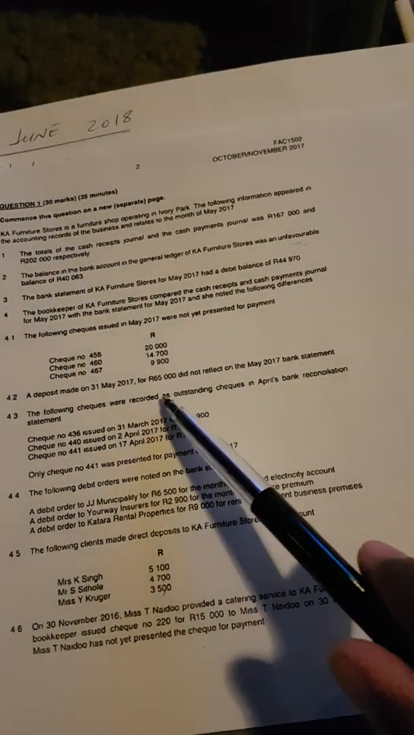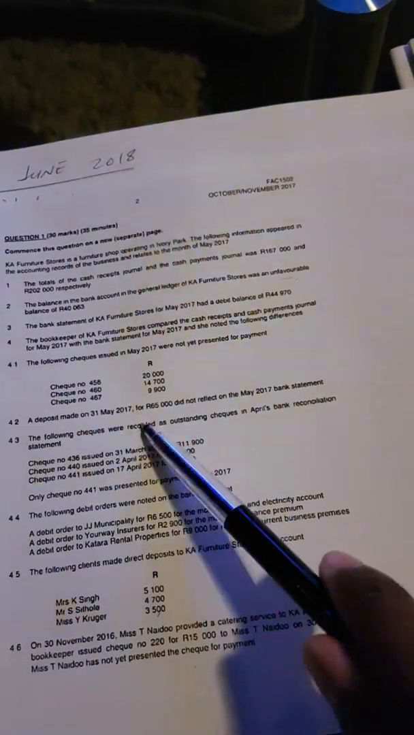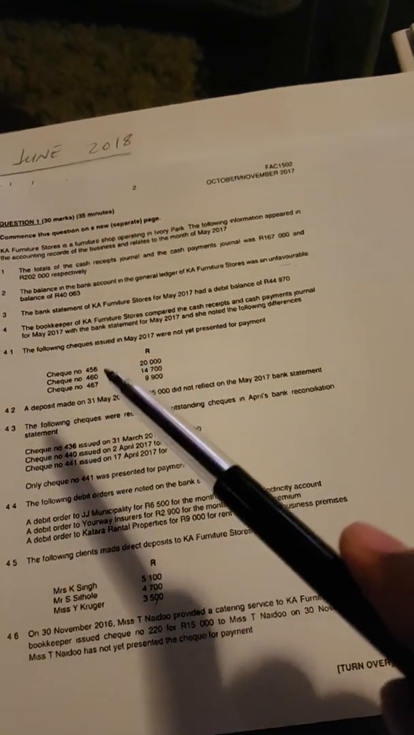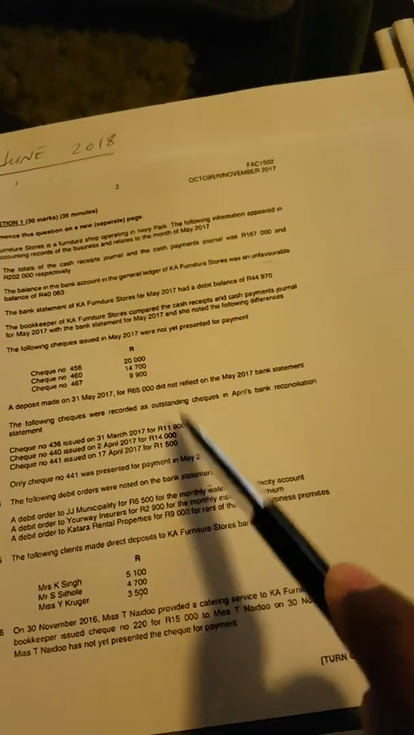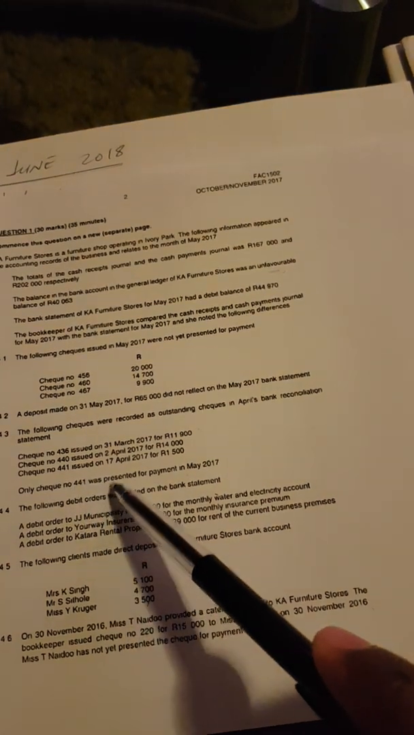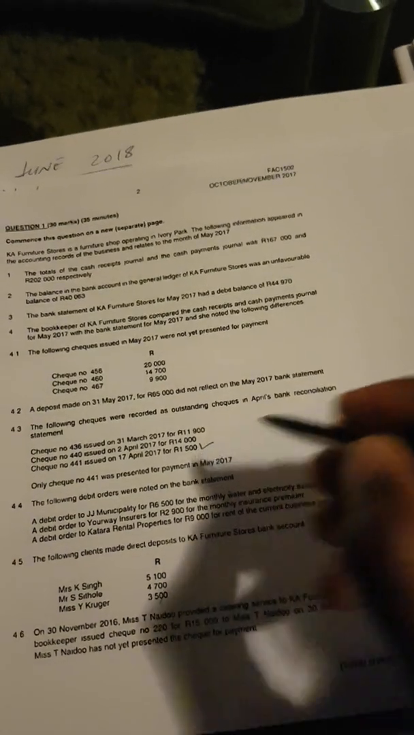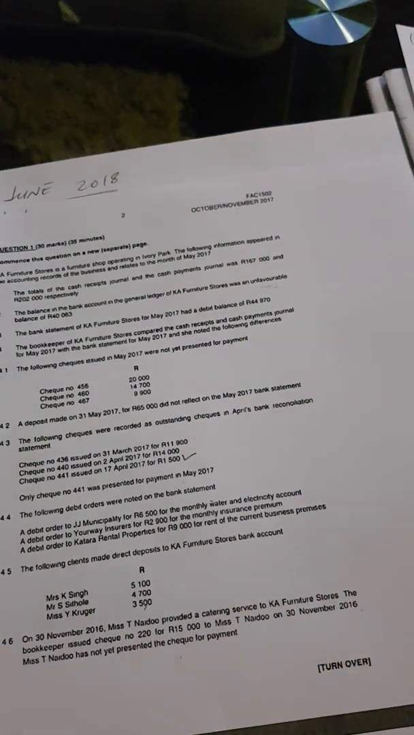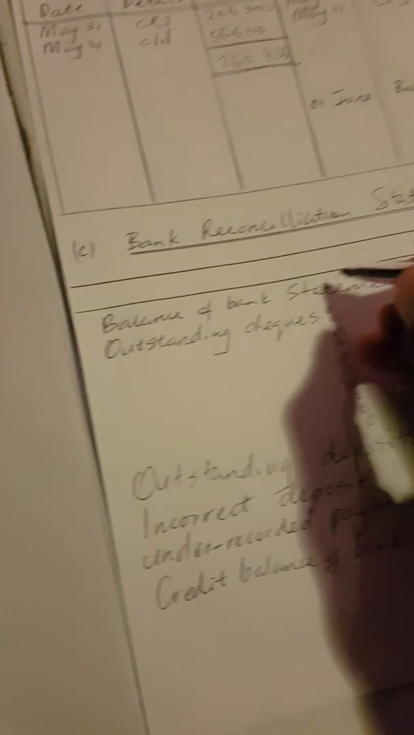The following checks were recorded as outstanding in the April bank reconciliation statement. So April was the last month, and now we are doing May. What you should do here is check whether these checks, which were outstanding in the previous bank reconciliation, are still outstanding this month. They said only check number 441 was presented for payment. So 441 of 1,500 is no longer outstanding. So we only have two outstanding checks, 436 and 440. So this is what we're going to do. You write the check number